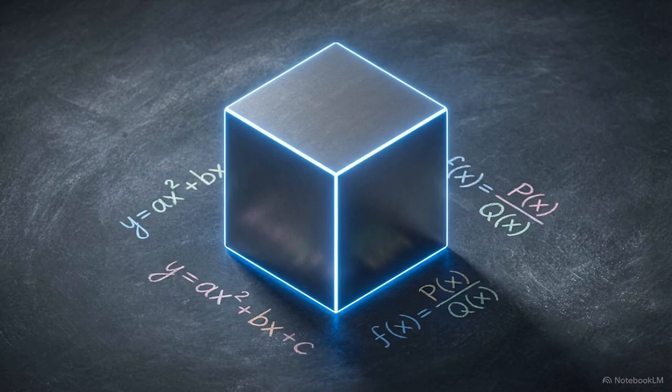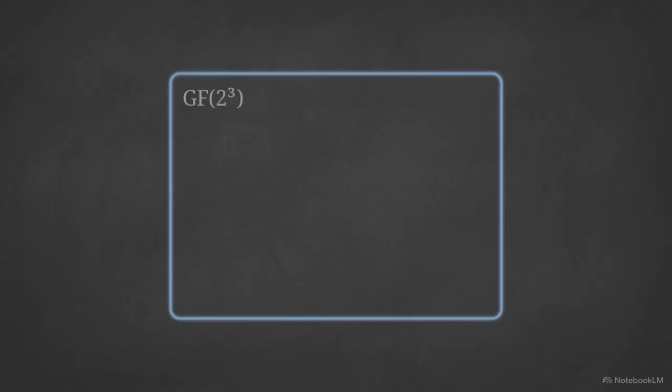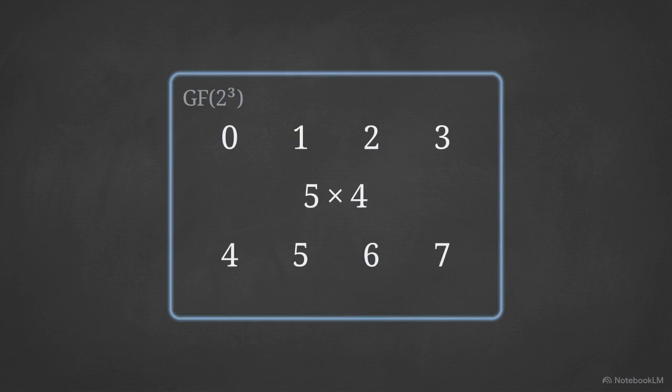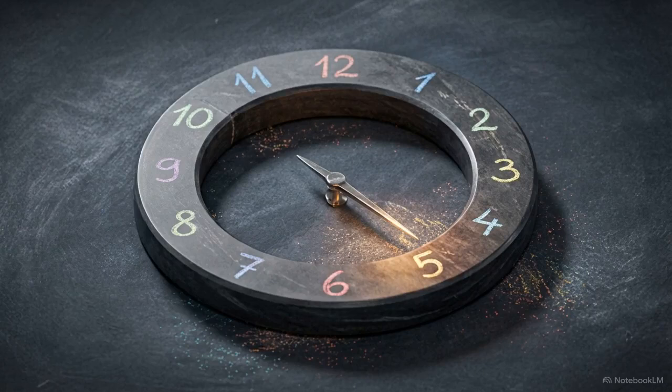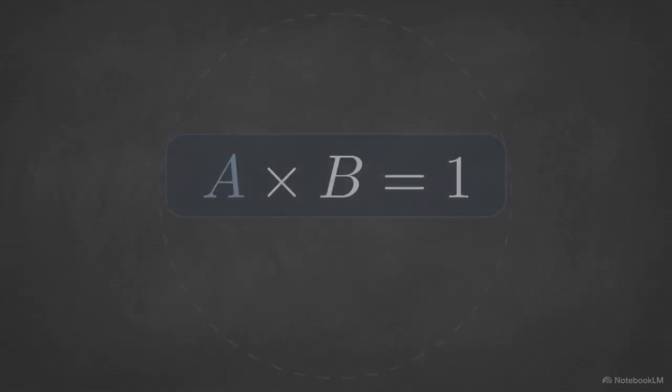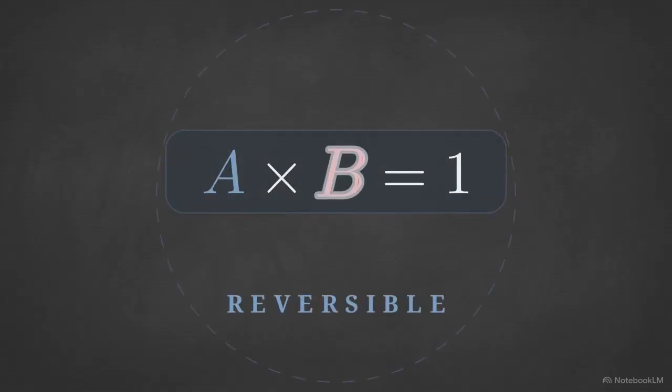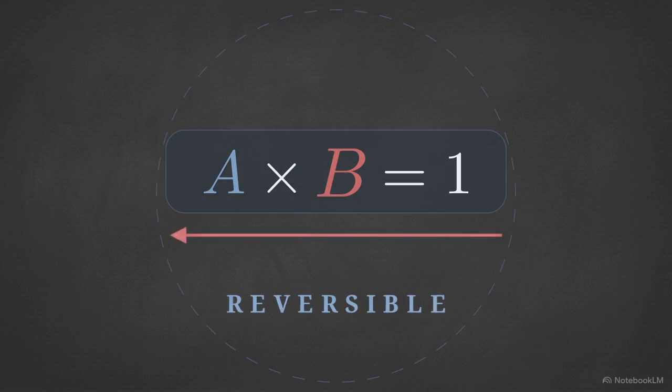Modern encryption protocols, like the Advanced Encryption Standard, require a strictly closed mathematical universe to function correctly. We call this closed system a finite field. It is a defined set of numbers governed by rules that act as an absolute mathematical boundary. Inside this boundary, every operation always returns a value that already exists within the set. Every element also has a guaranteed inverse, meaning every operation can be mathematically reversed.